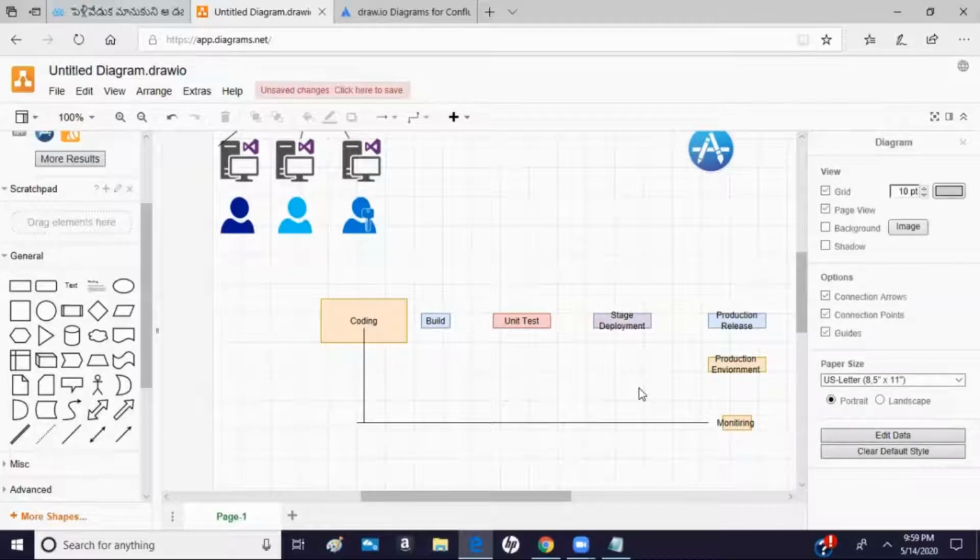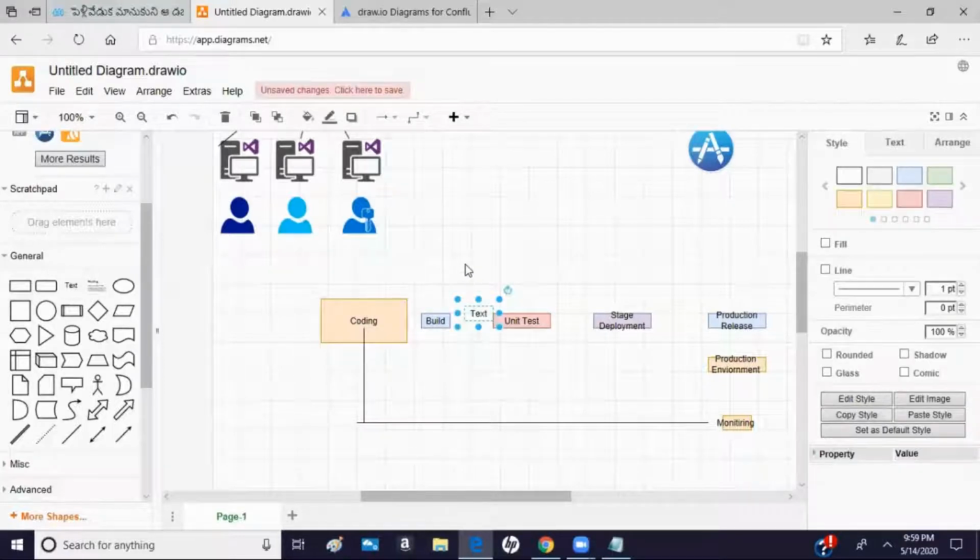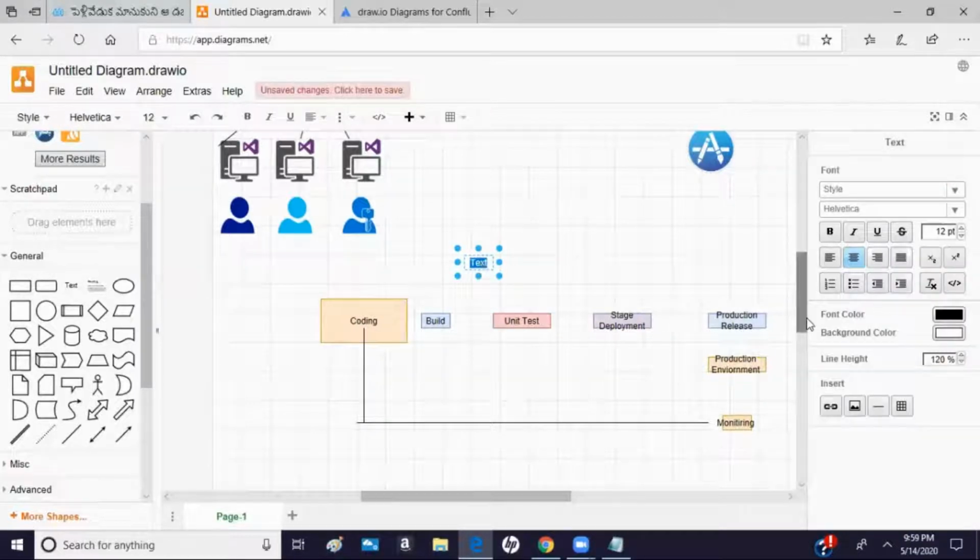Now if I see here, it's a 1 2 3 4 5 6 7 stage DevOps practice, or 7 stage software development life cycle practice they are using. So we can call it seven steps, a 7-step life cycle.